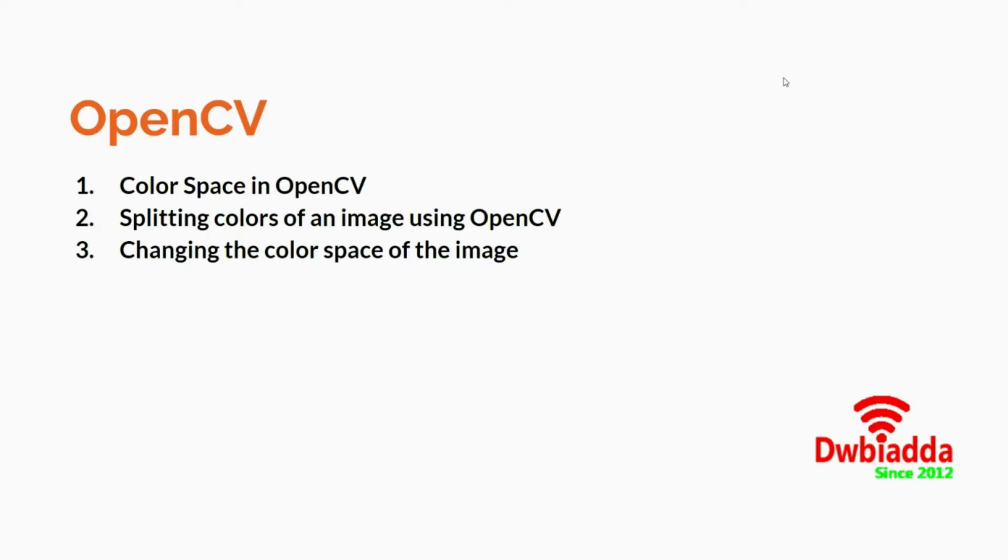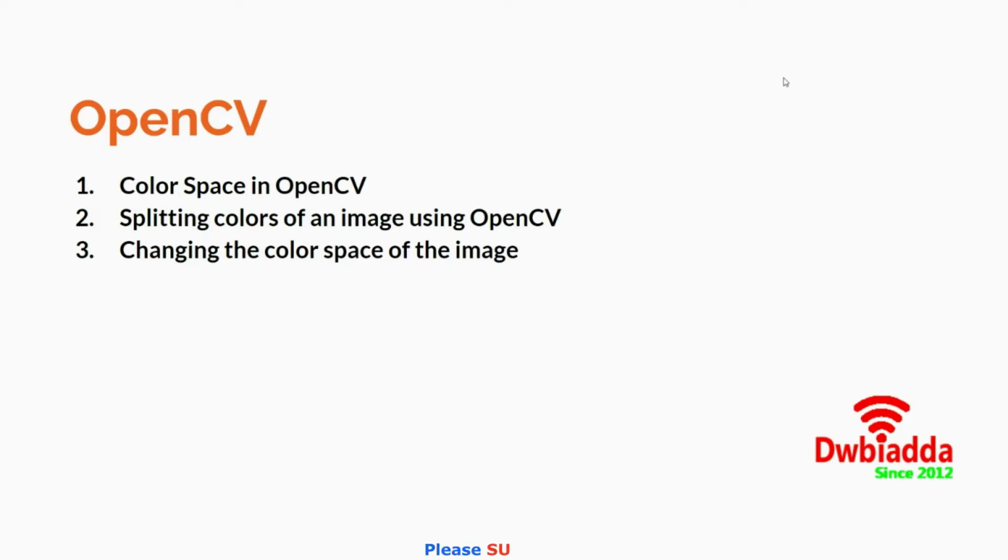So the point is that every color that is made in nature is actually made up of three basic colors. By using a combination of BGR, that is blue, green, red, or RGB, red, green, and blue, you can generate a wide array of different colors. So let's say yellow. Yellow can be generated by using a combination of green and red. So very easily I can say that BGR or RGB is the default color space, the primary color space by which you can generate different colors.